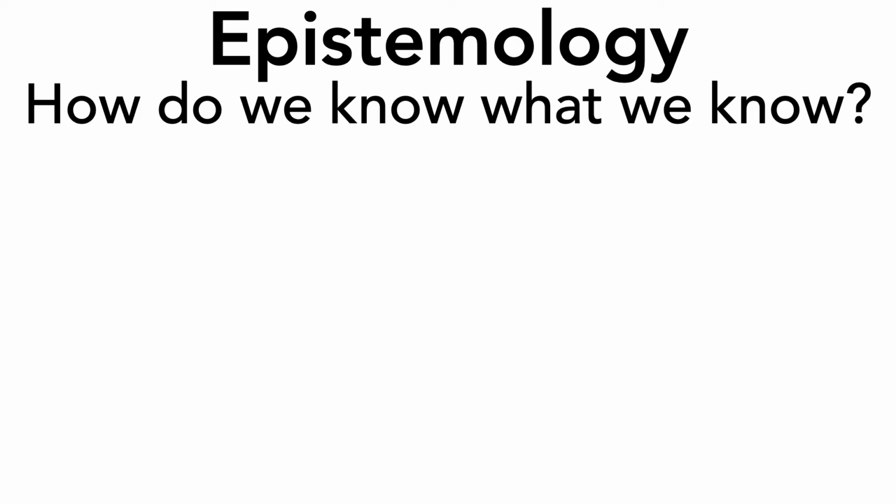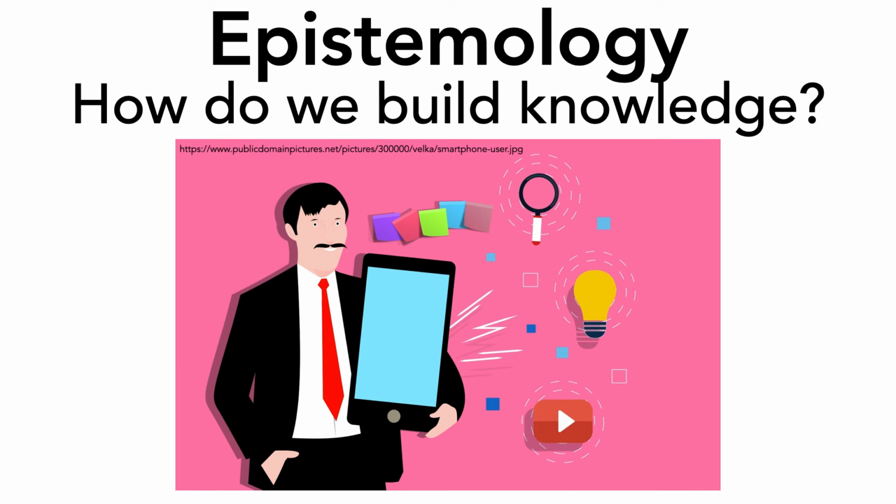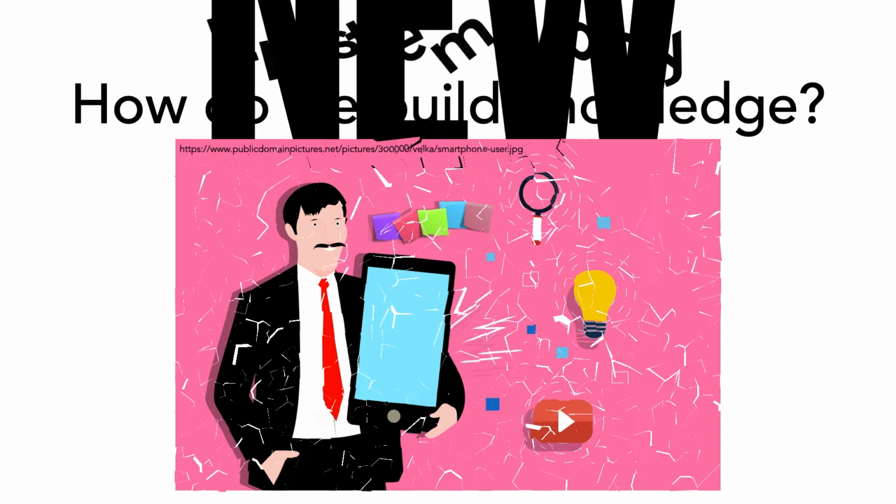But that's a conversation for another class, because what we want to focus on here, and where the idea of epistemology is most important for us, has to do with a slightly different question. All of the sources we just considered speak to knowing things that already exist. But what about when we want to uncover something new that nobody else has yet uncovered? In other words, how do we build knowledge? For us, that might be understanding if a particular technology is usable. How do we create new knowledge about this? Well, that's where the methods and validity part of epistemology come into play.